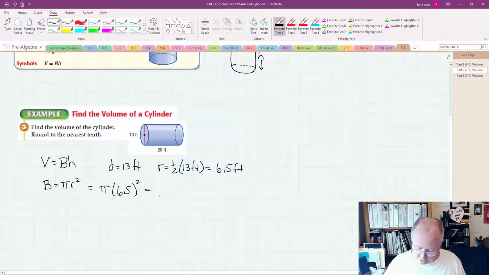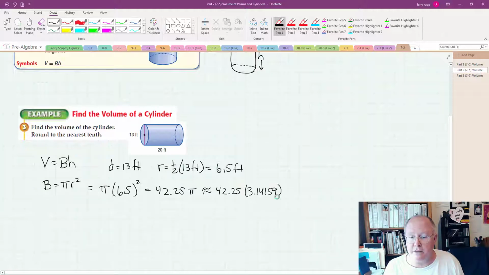All right, so 6.5 squared gives us 42.25 pi. So now taking it out of its exact form, which has the pi symbol in it, putting it into something approximate, we have 42.25 times 3.14159, and that's just the approximation I'm using, and that gives us approximately